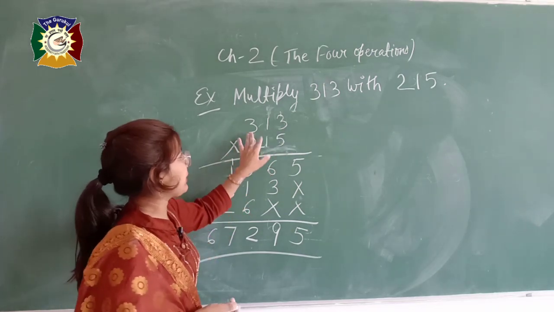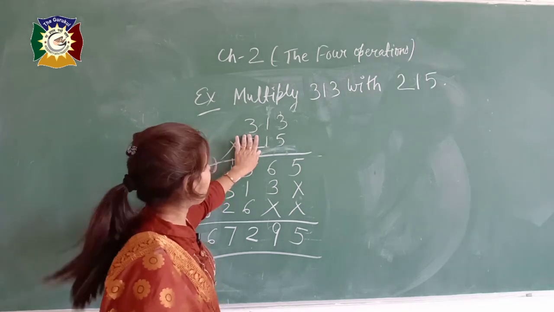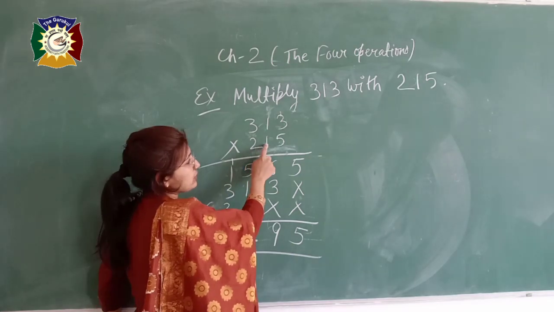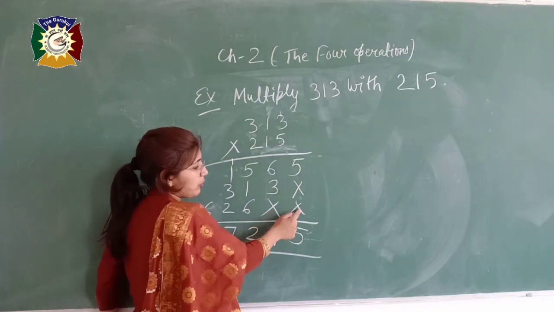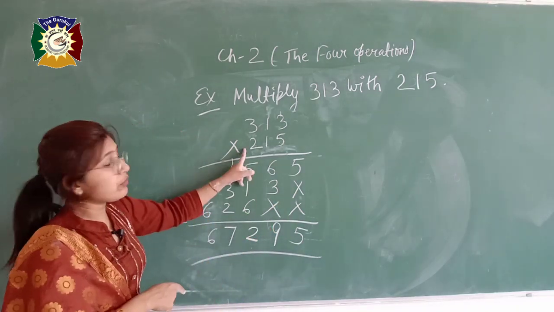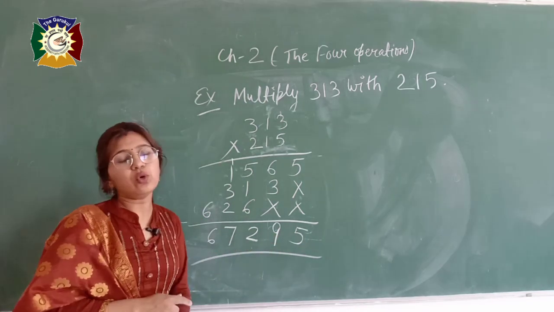When you are going to multiply the number with the digit which is at the place of hundreds, that time you have to see how many digits are after this digit. See, after 2 there is 1 and 5. That is, after 2 there are 2 digits. For these 2 digits I have put 2 cross. And then solve it. Children, what if there are 4 digits? Do nothing, put 3 cross, then solve and then add all these things.